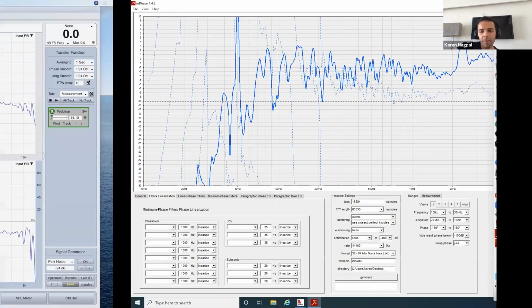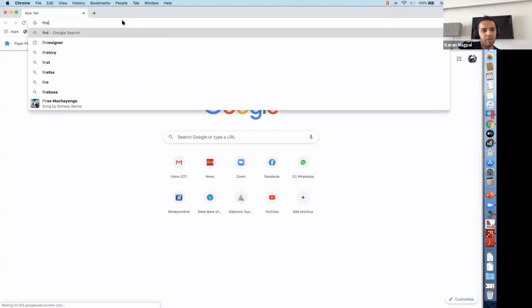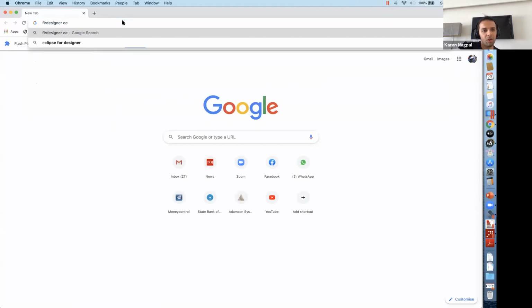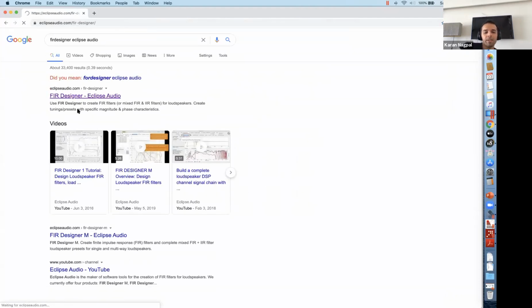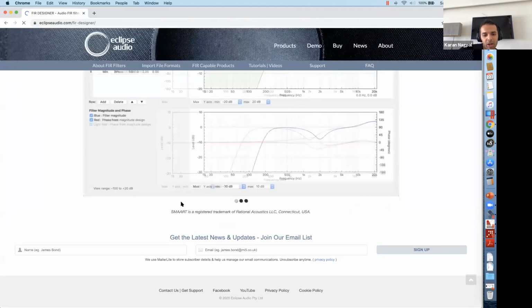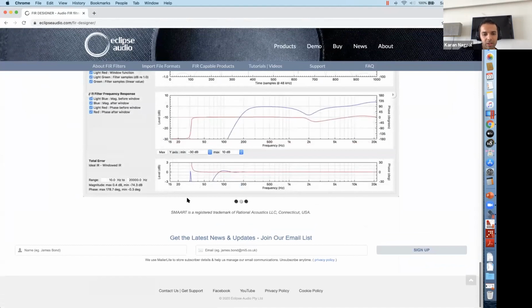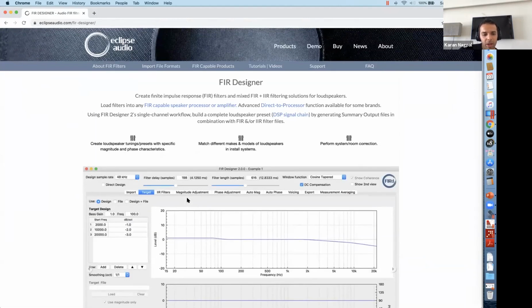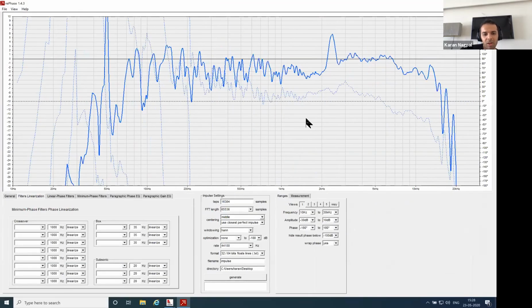And if you want to see quickly, there is something known as FIR Designer by Eclipse Audio, I think. This is from a live Smaart measurement. From your Smaart live measurement you can capture all this and it can give you the FIR coefficients, within a few minutes. It's nothing big, and it's faster, but then you have to pay, I think, $599 or $699. Oh, it's very costly. Yeah, super costly, but it makes your job easier.